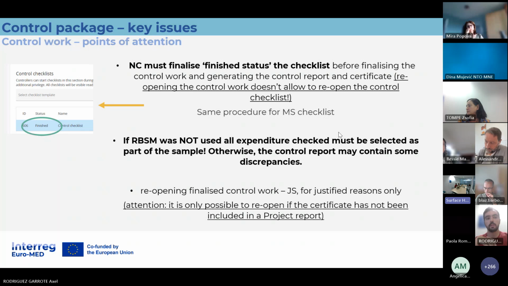To be sure, you should ask your national authority, because they are the ones who define the audit trail. You have to check if they definitely want the documents to be on GEMS, because the definition of the audit trail is only at a national level. Okay, so not the national controller, but our national contact point. They are the ones who decide.